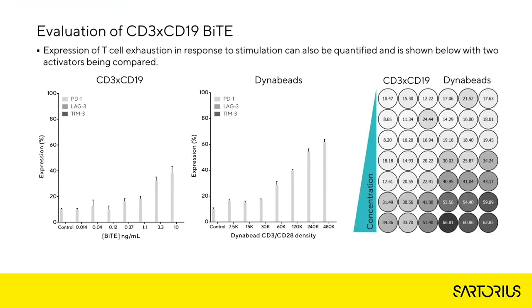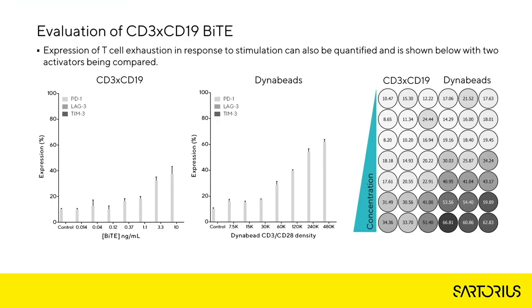This anti-CD3 cross CD19 antibody was used in an immune cell killing assay set up in comparison with a more crude method of T-cell activation, namely Dynabeads CD3-CD28. NucLight green labelled Ramos target cells were used as our CD19 positive target cell line, and PBMCs isolated from whole blood were used as our effector cells. After 60 hours in plate, a 10 microliter sample was taken and analysed with the T-cell exhaustion kit.